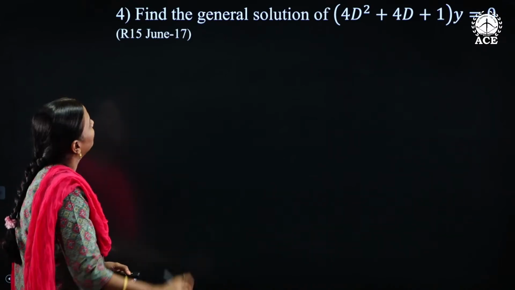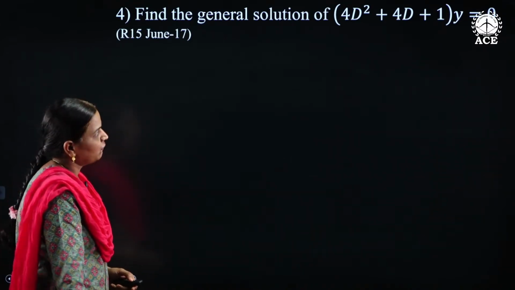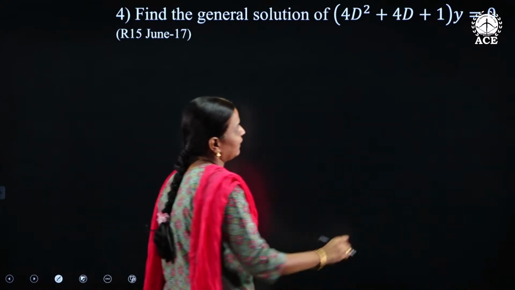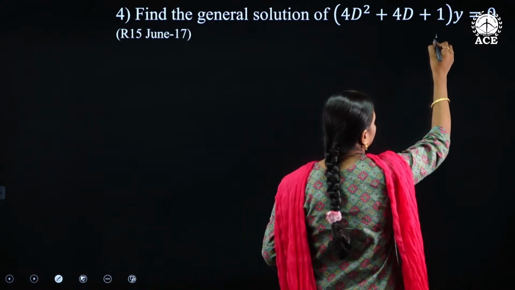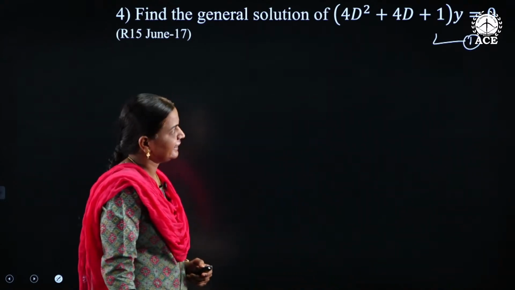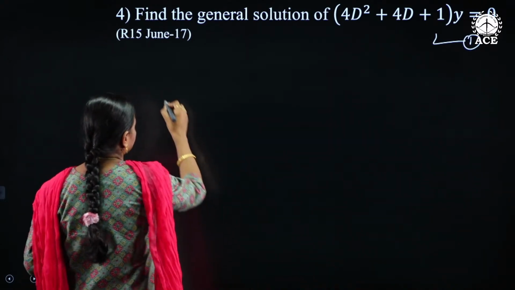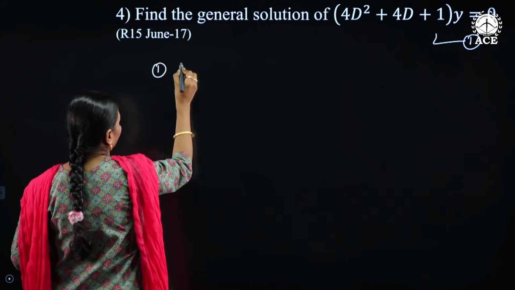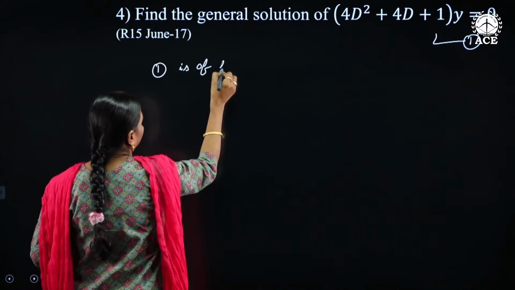Next, find the general solution of 4D square plus 4D plus 1 into y is equal to 0. This is a homogeneous differential equation, and consider it as equation 1. Equation 1 is of the form